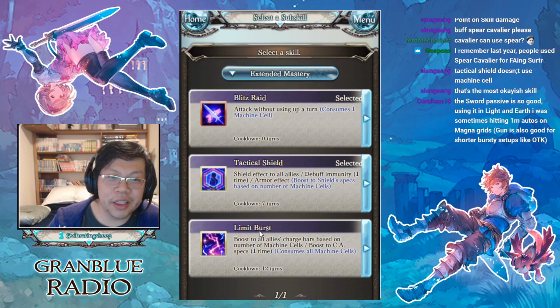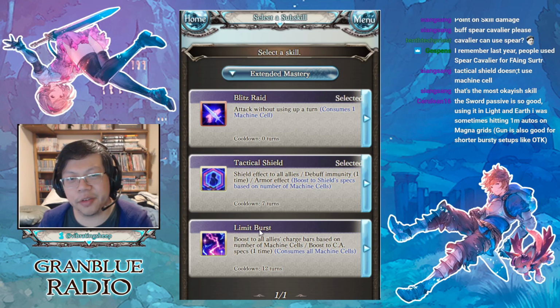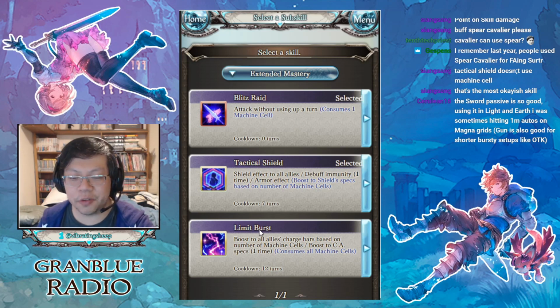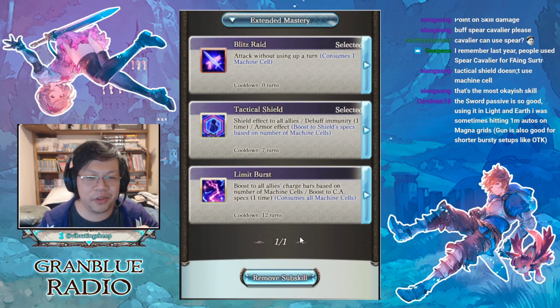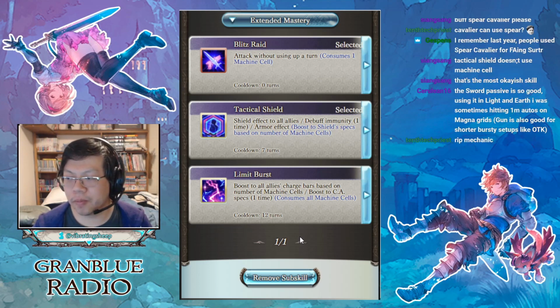It has uses. It does. A lot of uses. The way that you use this class, there's a lot of play to it. There's upfront burst, there's long-term burst, there's just a lot of different combinations that you do with this. The second one we're going to talk about is Limit Burst, which is the one that absolutely and utterly replaces Mechanic. Anyway, so when it consumes a machine cell,